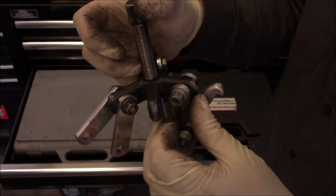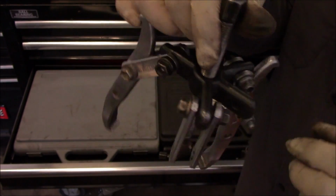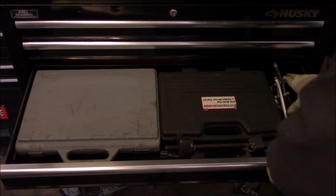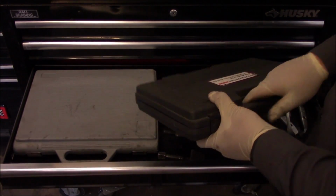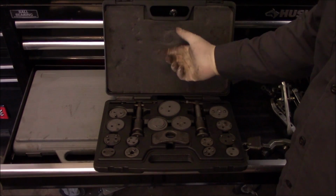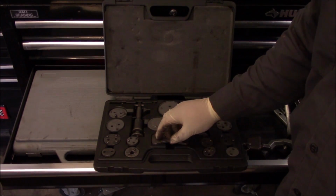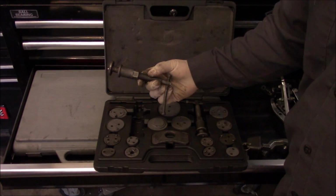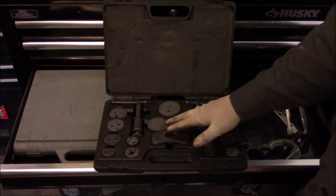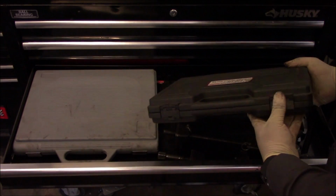Or of course you can skip this one and put it here and here and make it a 3-jaw puller. Of course, here's the other arm for it. So, got a 3-jaw puller there. This is a brake caliper set. This is by Pittsburgh. Never had any problems using it. I guess the only thing is maybe this bent up a little bit, but for the most part, the bolt does all the work. So definitely a good tool. Nothing wrong with this tool. Really wouldn't see myself spending too much money on a set like this. So got a brake caliper tool,